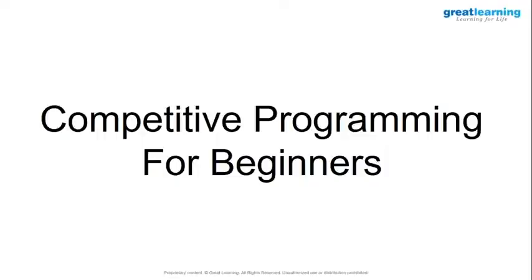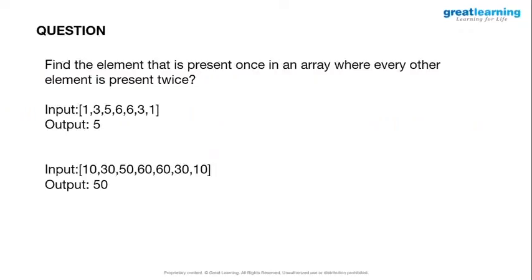So without wasting any further time, let's get started with the session. This is the first question. I want you guys to analyze this question: find the element that is present once in an array where every other element is present twice. So for example,